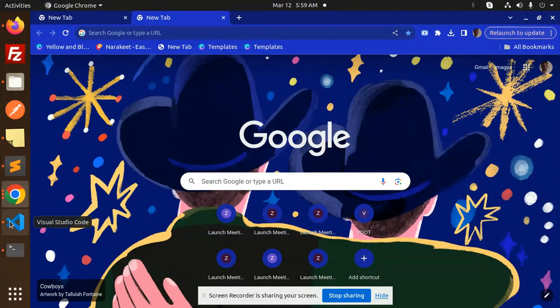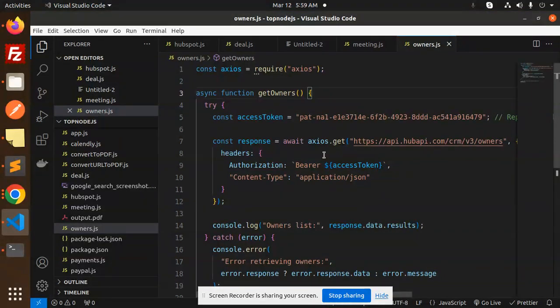Today we are going to learn how to fetch the owners list using the HubSpot API with the help of